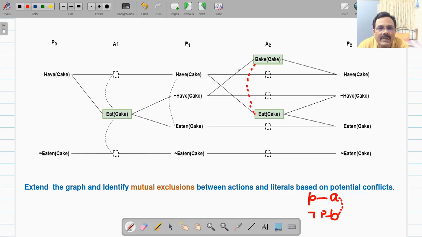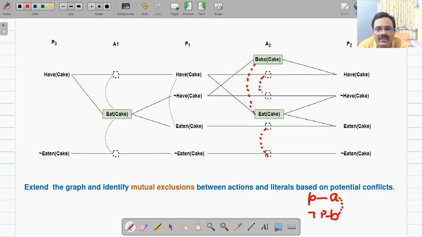Either you can have bake cake here or you can have not cake, right? Now these two actions, persistent actions or no op actions, their preconditions are mutex, like eaten cake and not eaten cake. So they also have competing needs. Similarly, these two persistent actions, have cake, not have cake, no op.